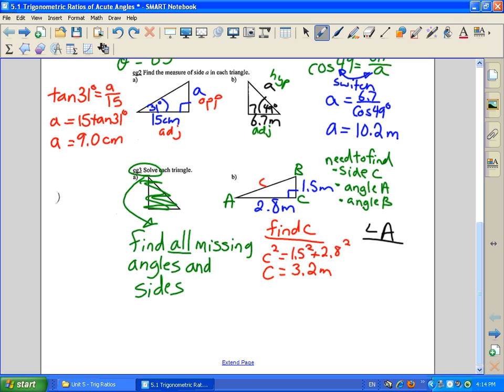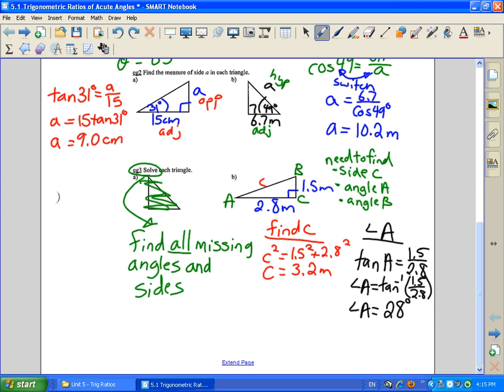Okay, let's find angle A. To find angle A, I'm going to use the tan ratio because I've got the opposite and the adjacent sides. So tan of A equals 1.5 divided by 2.8. To find the angle, remember you've got to use the inverse. So it's the tan inverse of 1.5 divided by 2.8. Plug that in your calculator, ladies and gentlemen, and you'll get